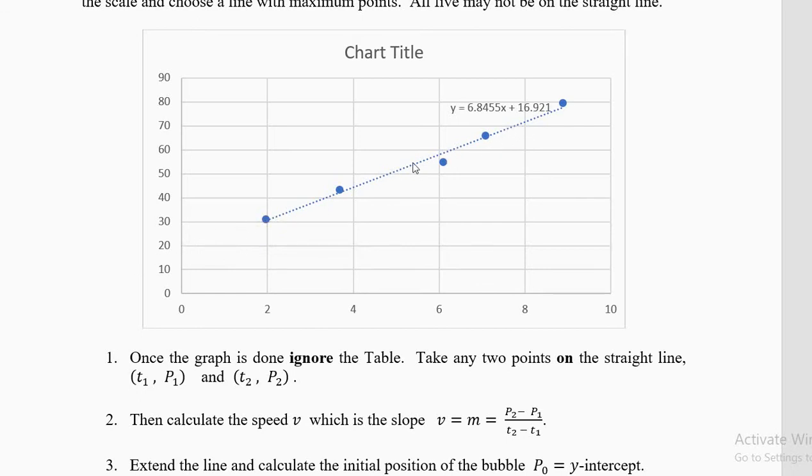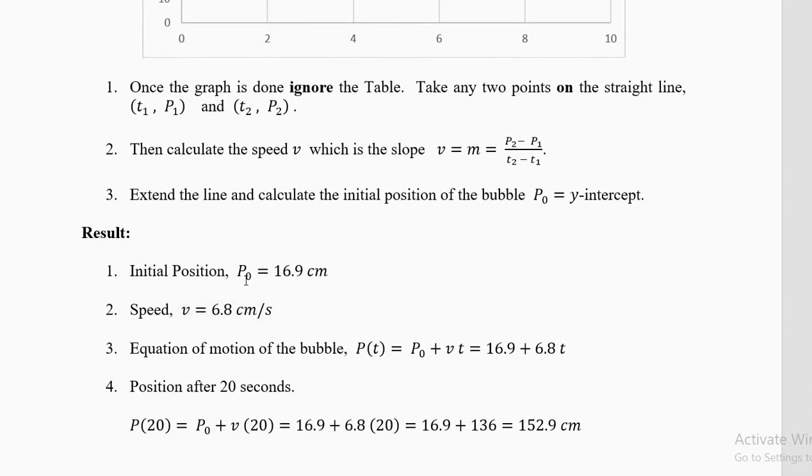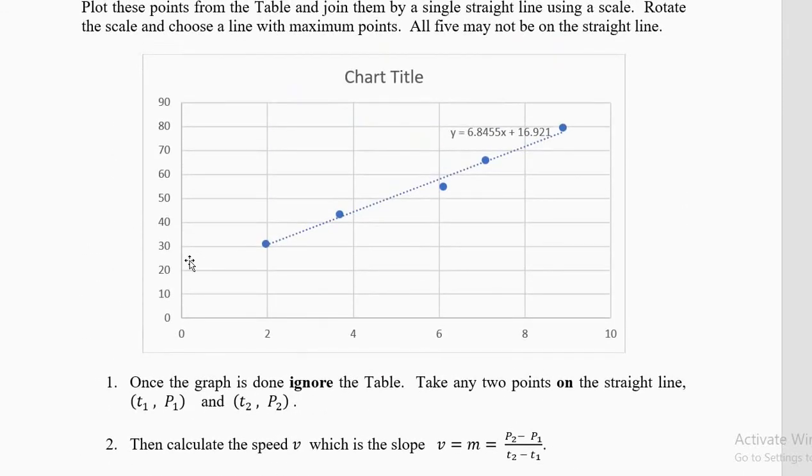Just keep the same scale and keep drawing the line till it touches the y-axis. Now it will cut the y-axis at one point, that is your initial position. Your initial position is P0, which is approximately 16.9 centimeters. Your machine graph tells it is 16.921 for the